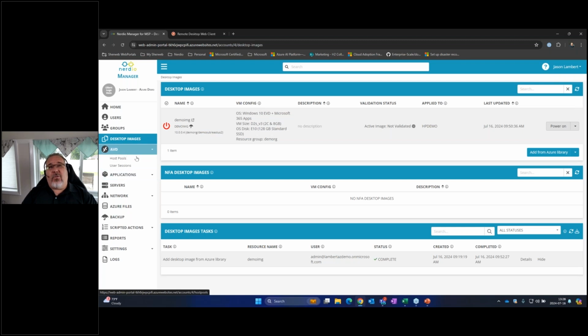Azure AVD, so host pools, user sessions. One of the neat things about AVD that you can do, and Nerdio 100% supports it, is you can have a hosted desktop, or you can just have hosted applications. So depending on the user's experience, if they need an entire desktop, great.